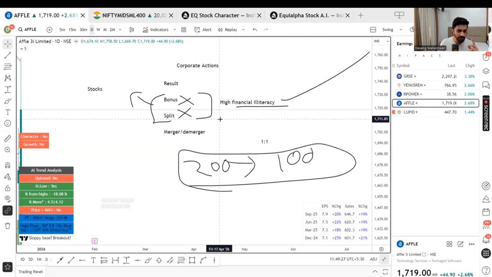Avinash says this case was with Varun Beverages and a known associate of mine. The company kept giving bonus and split, and this guy thought it will keep doubling every time, just like the last 3 years. He invested at 630 levels and he has been stuck now, right? So earlier when the company doubled, it was not because of the bonus. The reason was other things.